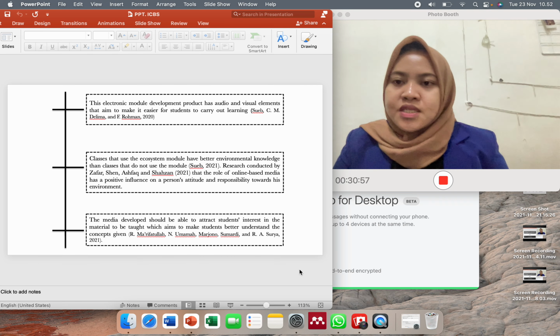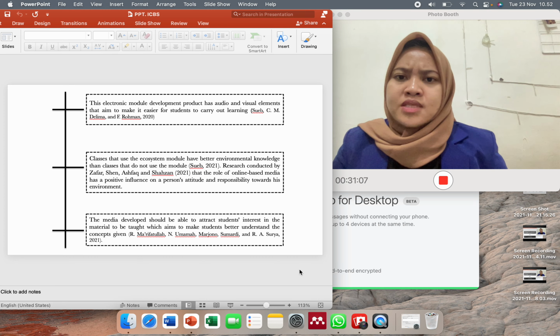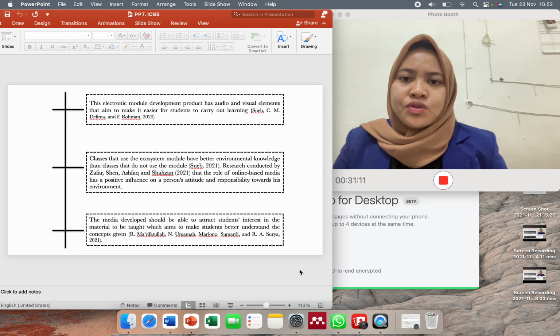This is research about electronic modules from SUEB. The electronic module development product has audio-visual elements that make it easier for students to carry out learning.